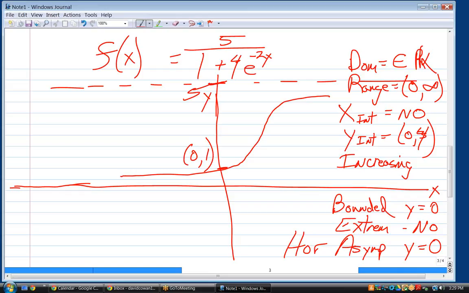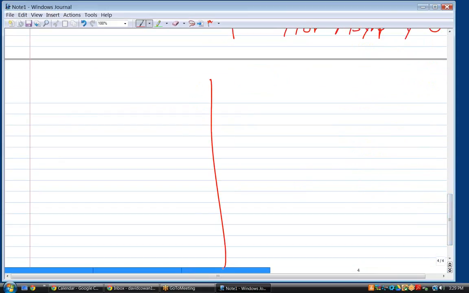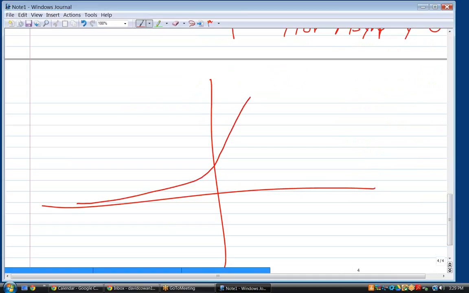Y-intercepts. At 0, 1. Increasing or decreasing? Increasing. Always increasing. Now, not all functions are always one thing or another. This particular function is always increasing, even though very, very slightly at the end. But the fact is, it's always increasing. If I had a function like this,